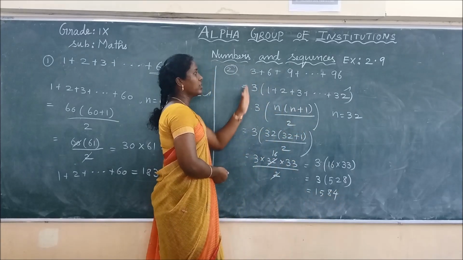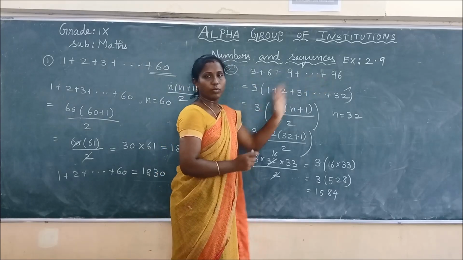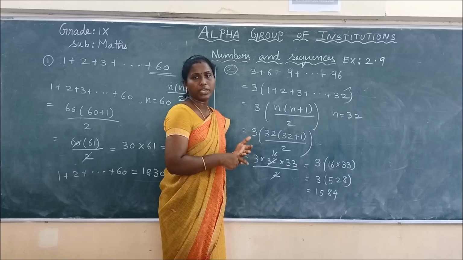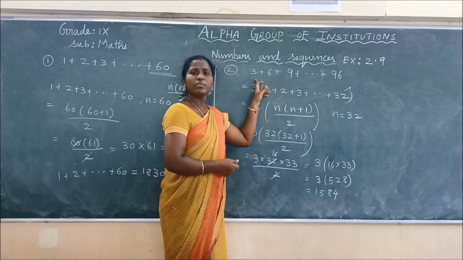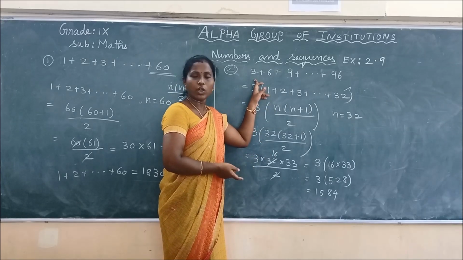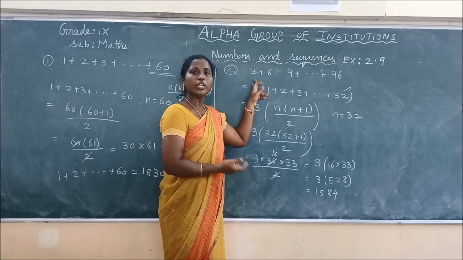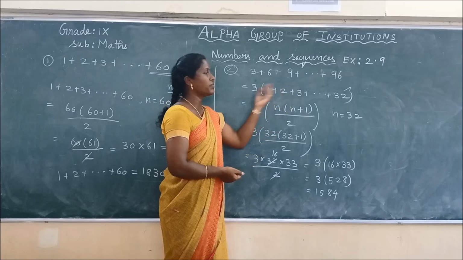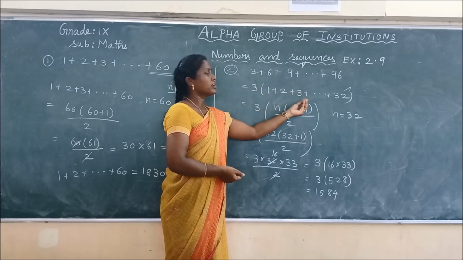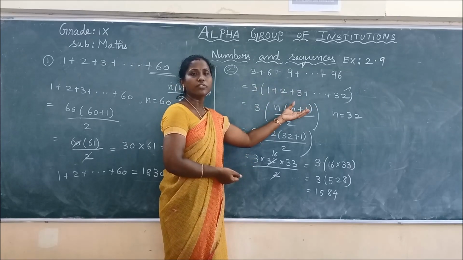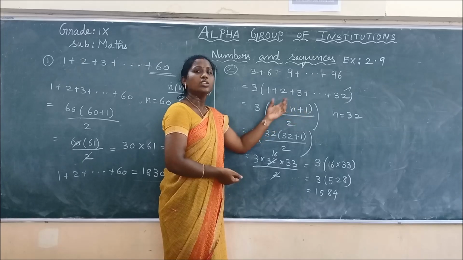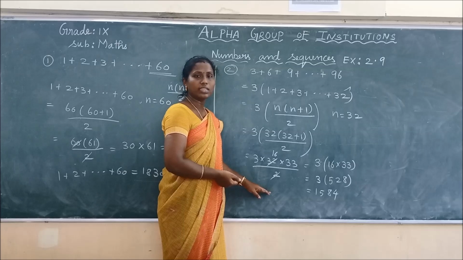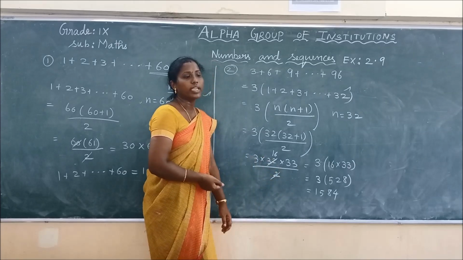Okay, see this series. While seeing the question, you will first check what it is, whether it is AP, GP, or something else. This problem can be solved in the way of AP also. But here we are going to solve this as a special series. So the change we can do here is just take 3 common, and the other numbers will form the series of natural numbers up to 32. So I am using the formula n into n plus 1 by 2 here, and using that we solved the series and we got the value 1584.